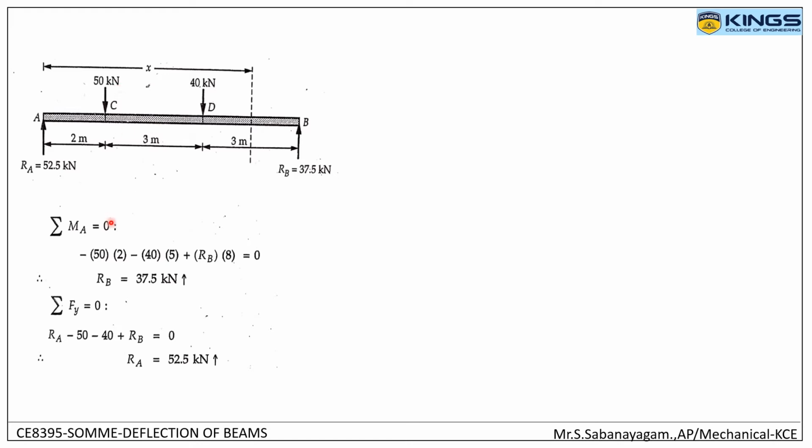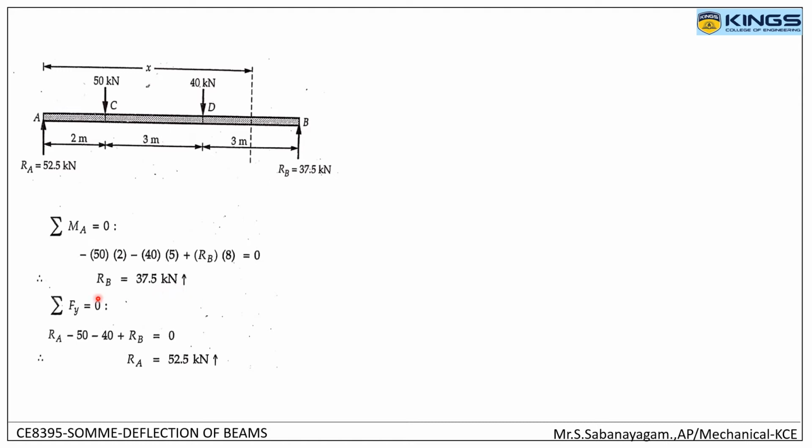So minus 50 into distance 2 meter, minus 40 into 5, plus RB, which is positive since it acts upward, into a distance of 8 meter, is equal to 0. On solving this we get RB, the reaction at the point B, as 37.5 kilonewton,